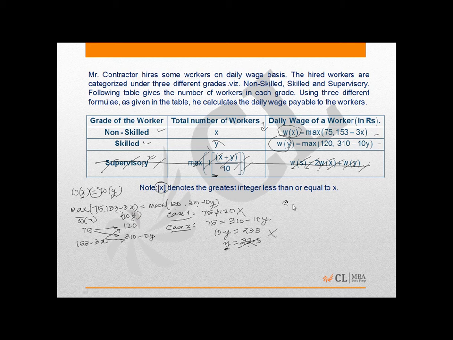Let's look at case number 3. Let's compare 153 minus 3x with 120. So we'll have 153 minus 3x is equal to 120, or 3x is equal to 33, or x is equal to 11. So we get the value of x. Now, if we look at the second one,